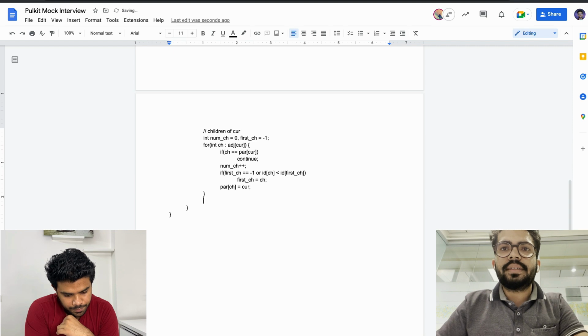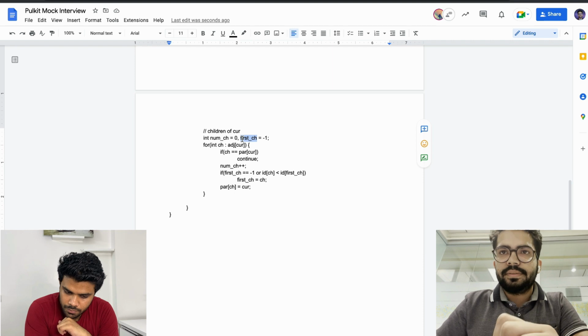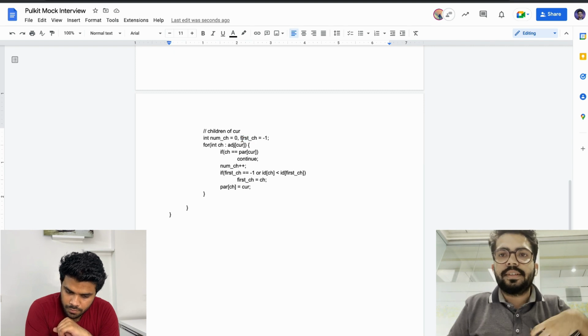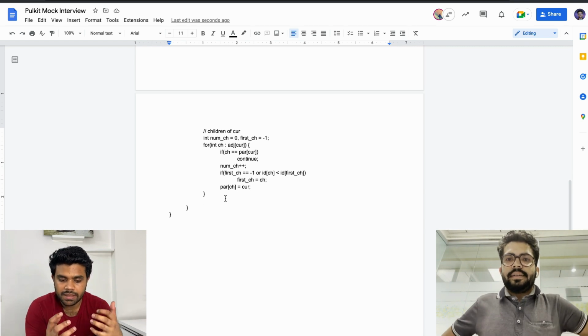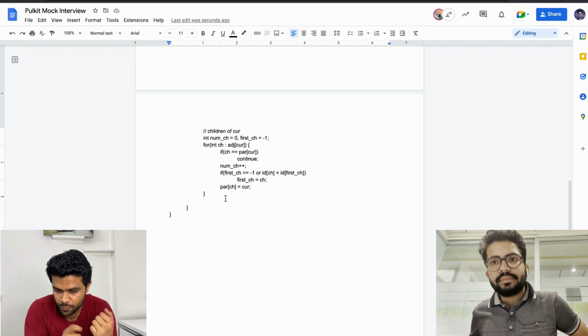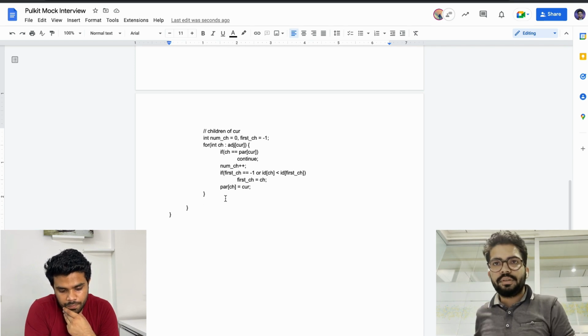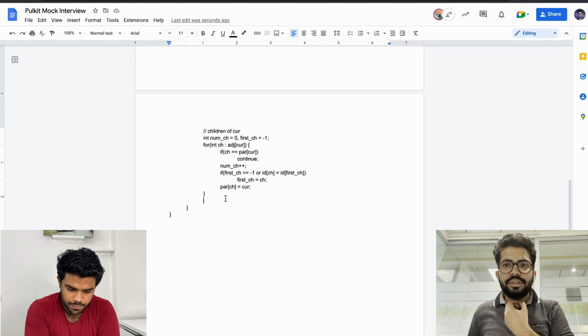So now I know how many children there are, and I know the smallest index of one of my children in the BFS order. So basically, what you are trying to say is the children are shuffled, permuted, but they are together, and you are trying to find the leftmost child. Yes, from the leftmost child, I can iterate to the right and find the rest of the order as well. Correct.